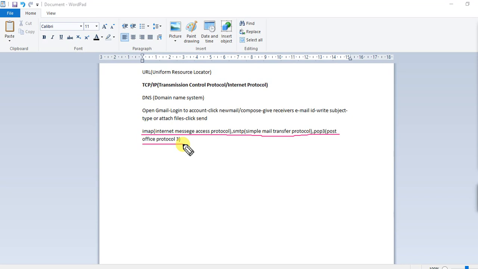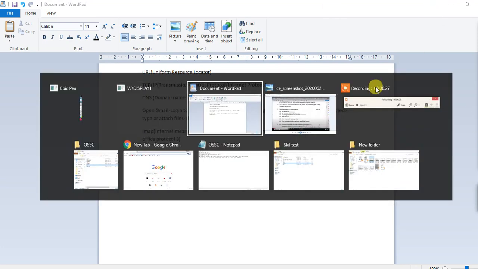Then another one is SMTP, Simple Mail Transfer Protocol. The last P should be Protocol. Okay, remember these things. Going to the next question.